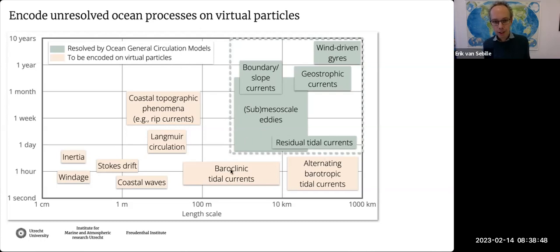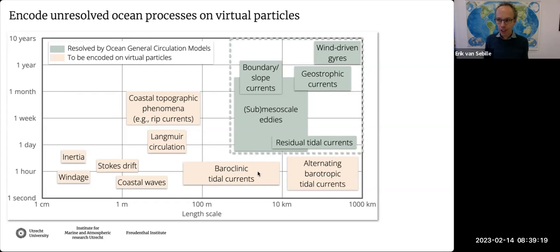And then there are all these other processes that we know are important, from Stokes drift, as I said, Langmuir circulation probably, the actual barotropic tidal currents, the alternating currents. So here the barotropic currents, the baroclinic currents probably, also windage, maybe even inertia is important, all the coastal phenomena. And one way to approach this would just be to try and get this dotted line further